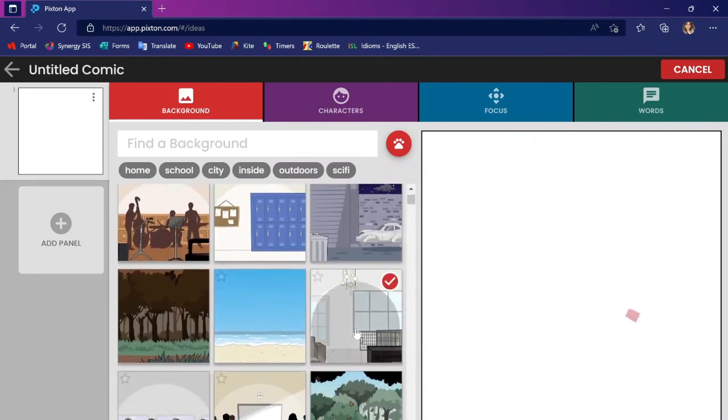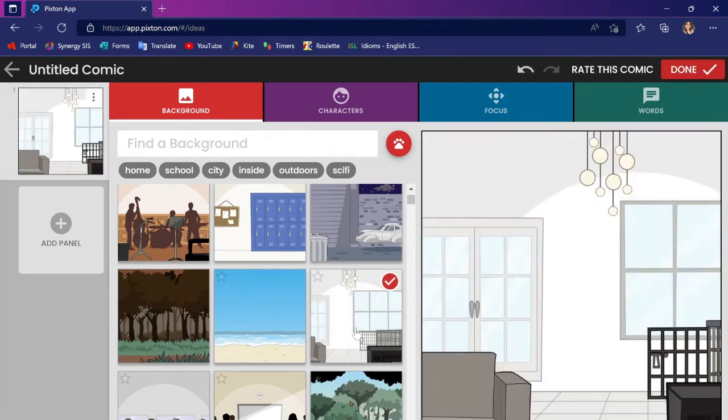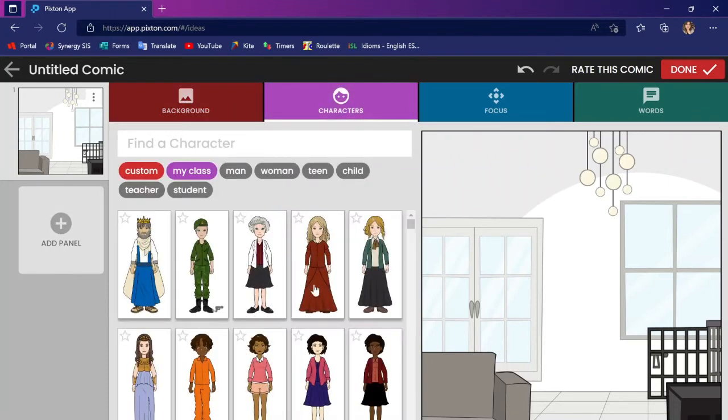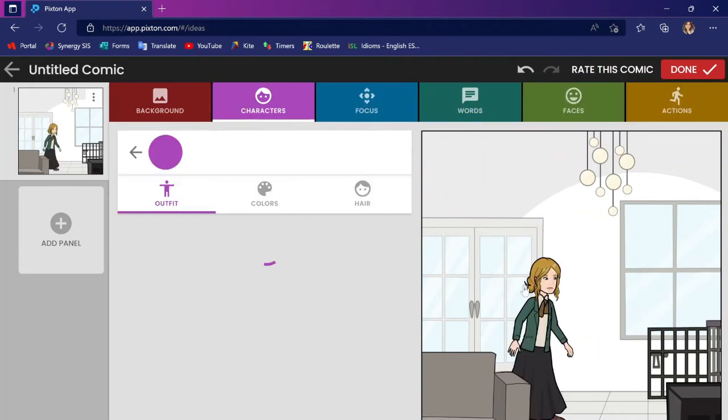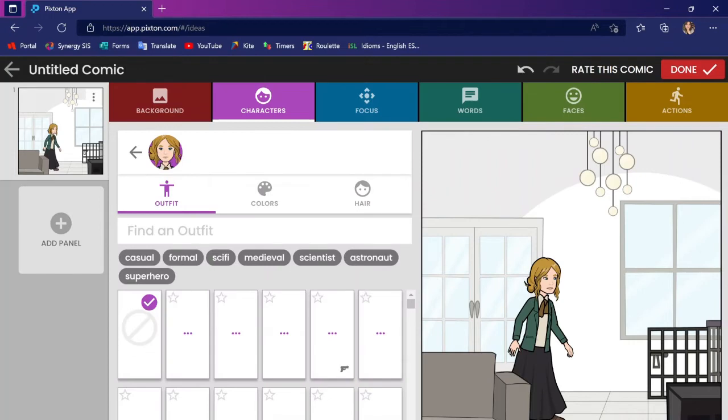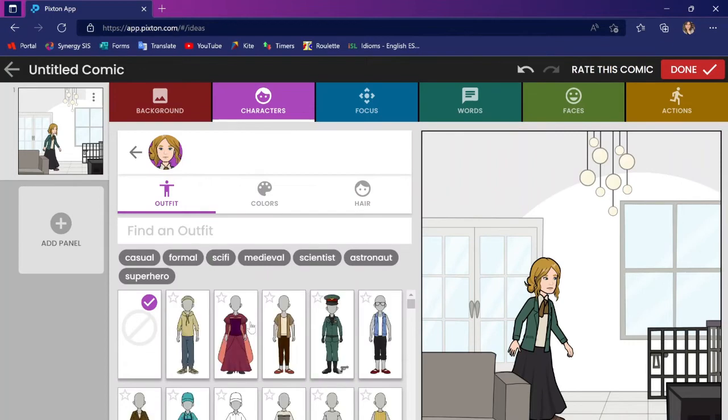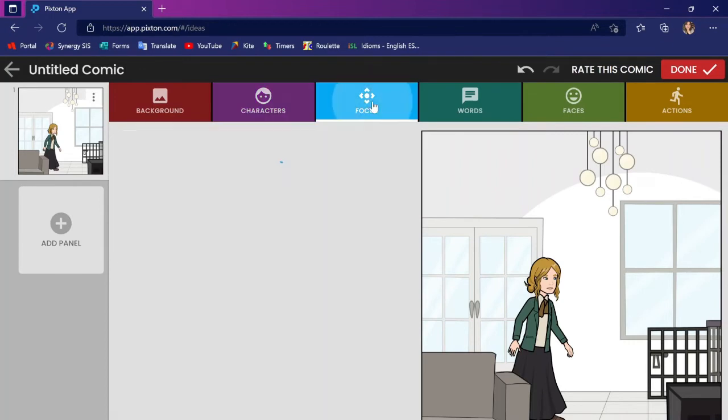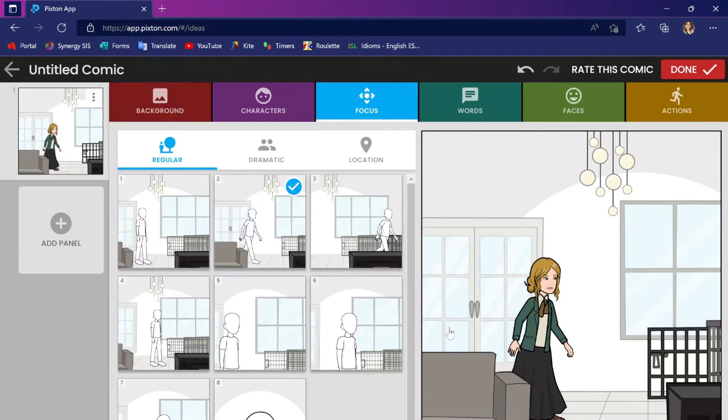If you want them to recreate a scene from something that they read, to create a summary of a story that they just read, they can add the panels. They will choose the characters and place them in the scene. They can even change their outfits. Everything is completely customizable. The focus, where do you want